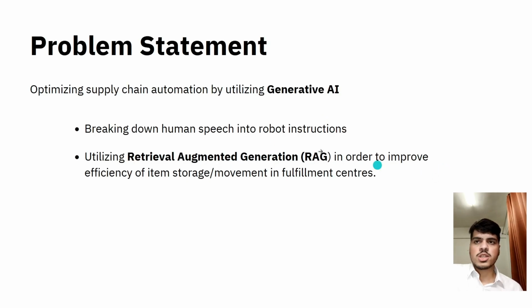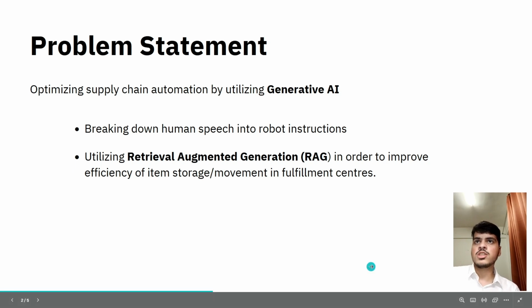So a little bit about our problem statement. What we are basically doing is we are optimizing the supply chain using generative AI. In order to do this, we are using a technology called Retrieval Augmented Generation, also known as RAG. RAG will help us improve the efficiency of fulfillment centers as well as distribution centers by executing complex instructions and then splitting that complex instruction into simpler instructions that can be understood by